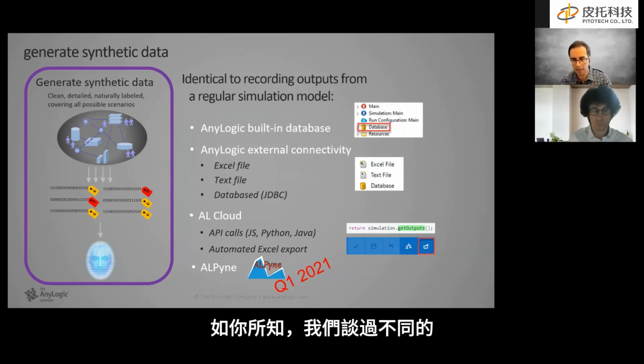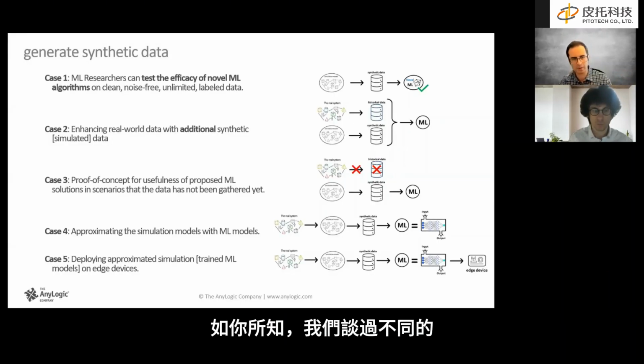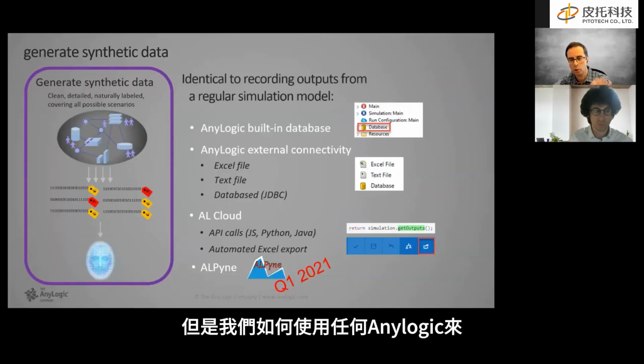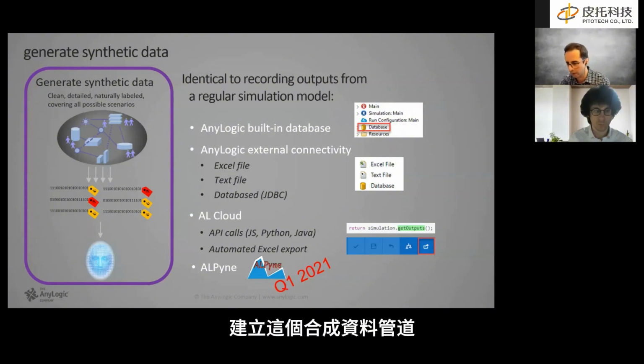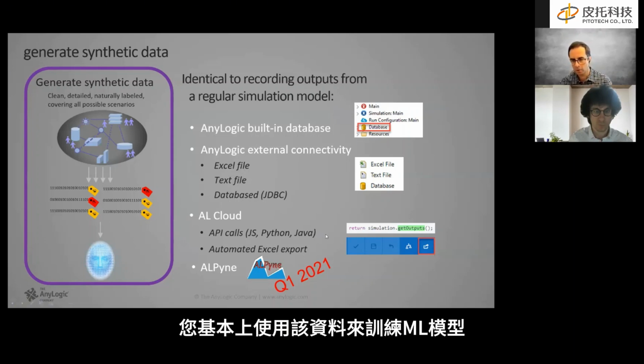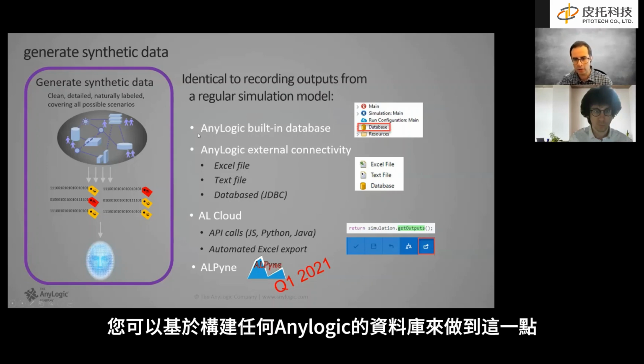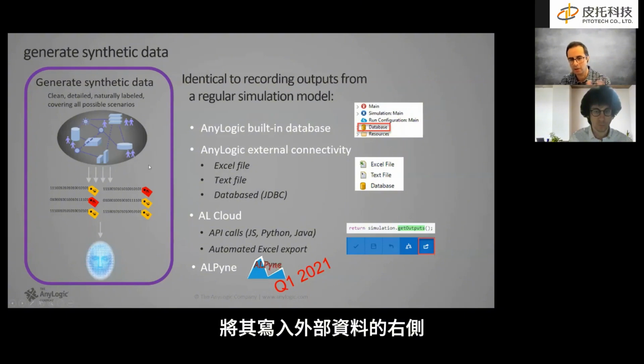So first, as you know, we talked about different ways of using synthetic data, but how can we use AnyLogic to build this synthetic data pipeline? The first thing is very similar to the regular use case of simulation. You just output some data and use that data to train an ML model. So you can do it based on the built-in databases of AnyLogic,